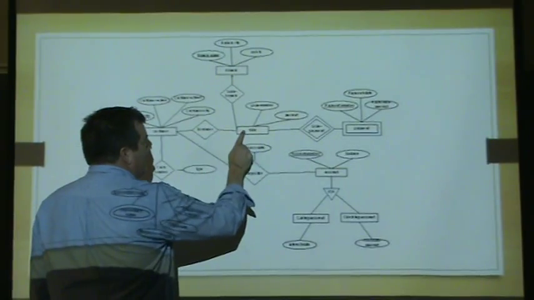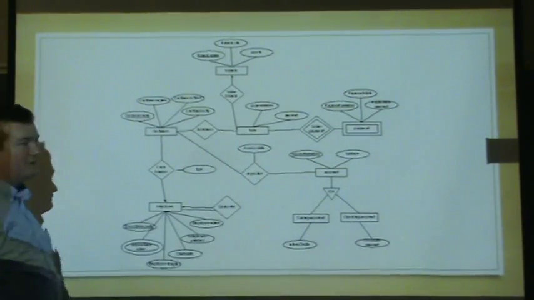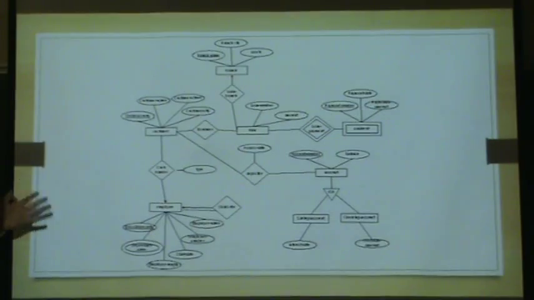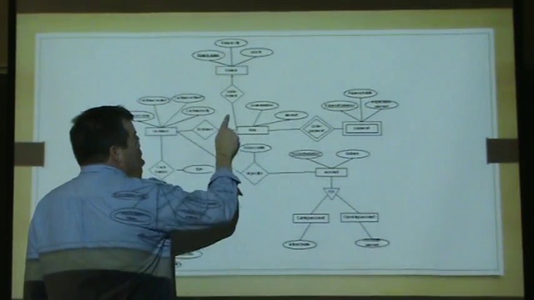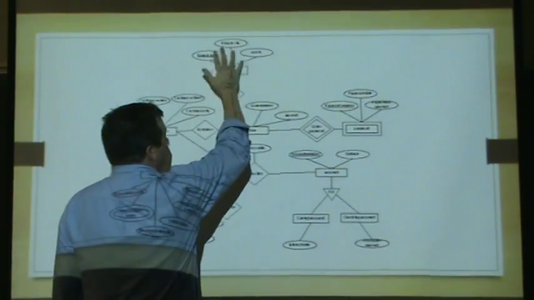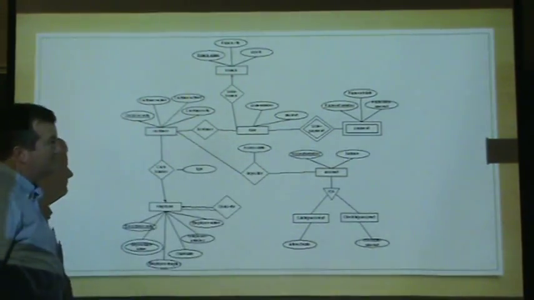Every loan is tied to a particular branch of the bank. So this is the type of bank that has multiple branches. So customers belong to a loan, and the loan belongs to a branch, and then the branch has a city and a state,